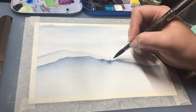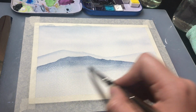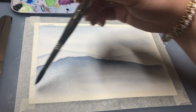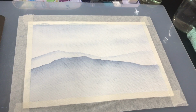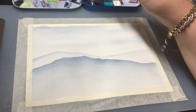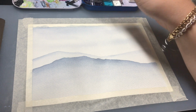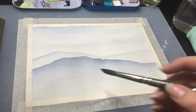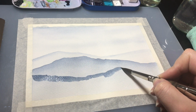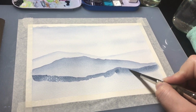Another thing to note is that this paint does not reactivate when it's dry on the paper. If yours does, then it's probably not a huge deal, but it's something that you might want to be aware of, and you don't want to be overworking layers with the dark colors too much, because if you then go over it again and again with water and a wet brush, you might scrub loose that paint underneath